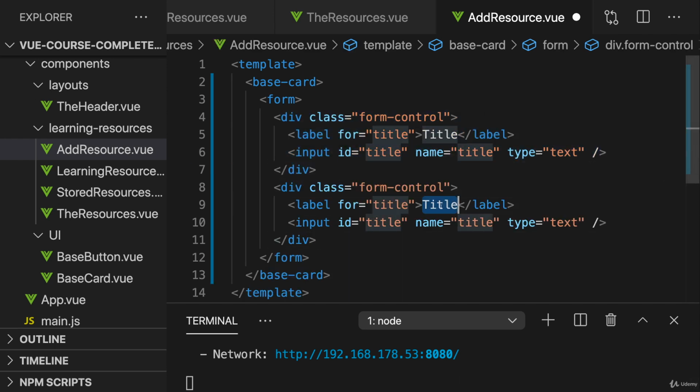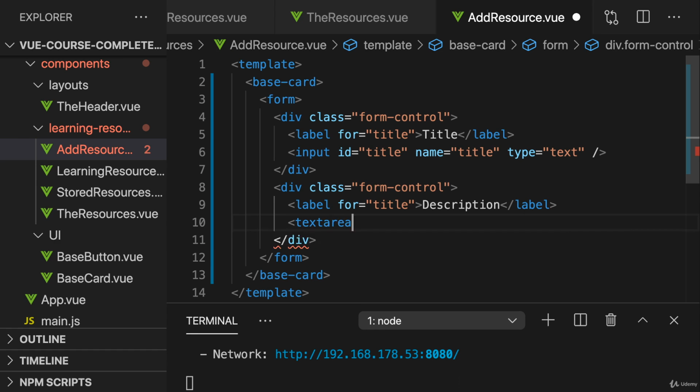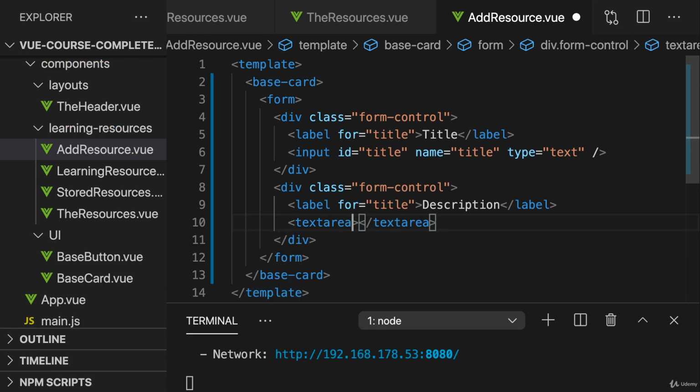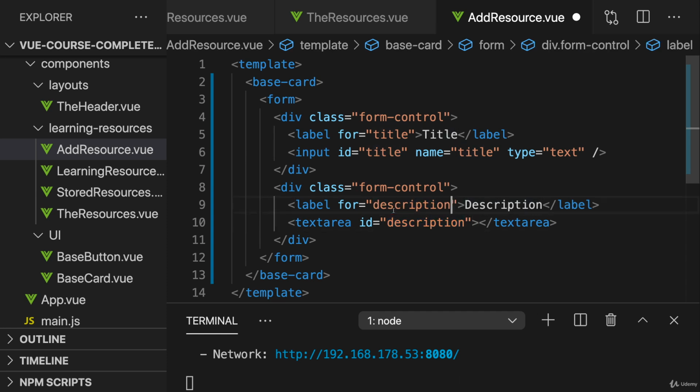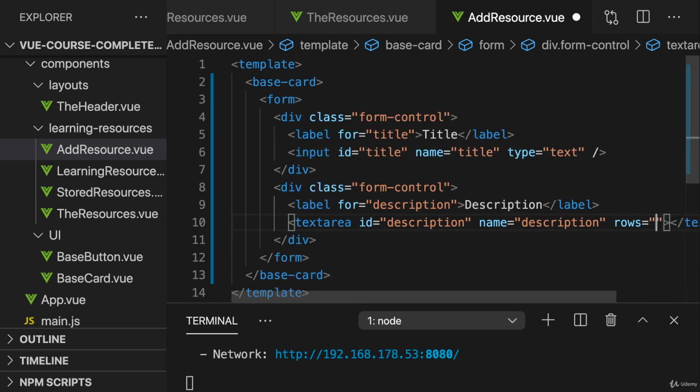We also need a control for the description of the resource. And actually there, I don't want to use an input element, but a text area, so that the user has a multi-line input field available, which makes entering longer texts more convenient. So here I'll set the ID to description, and therefore also set the for attribute on the label to description, set the name to description here, and set the rows attribute here to three to define how big this text